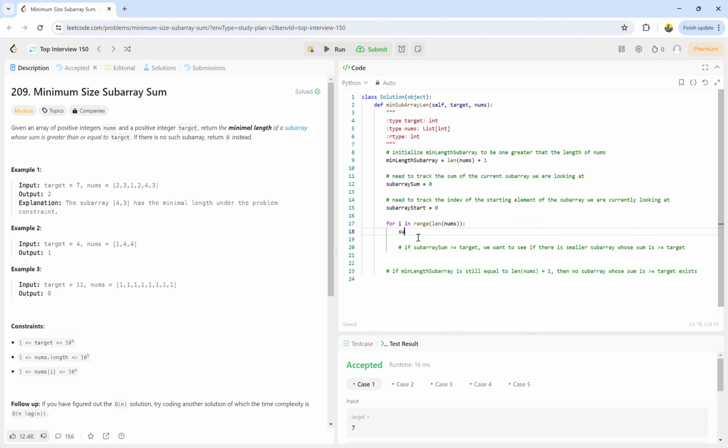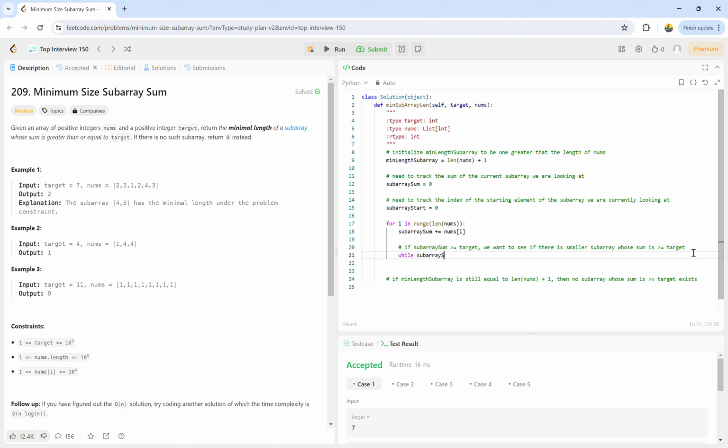So we can say subarray sum plus equals nums[i]. And then if subarray sum, the subarray of nums we're currently looking at, is greater than or equal to target, we want to see if there's a smaller subarray whose sum is greater than or equal to target. So we can say while